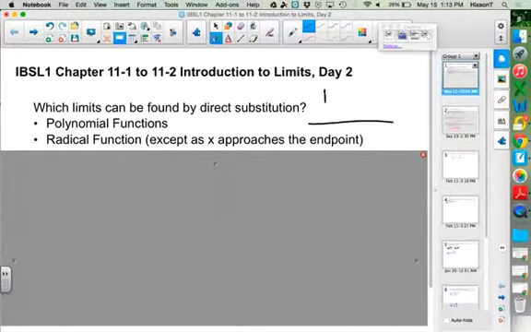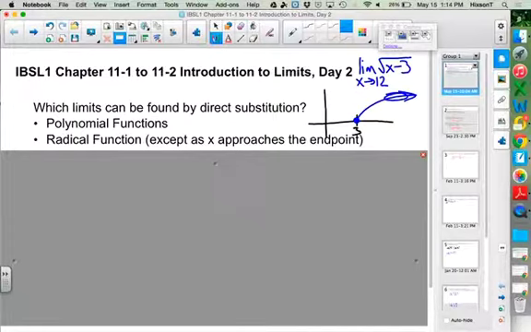So for example, if we had the square root of x minus 3, if we were finding the limit of the square root of x minus 3, as long as x was not approaching 3, you could just evaluate it. Because there is no left-hand limit at 3, so the limit as x approaches 3 would be undefined. But if we were approaching, say, 12,